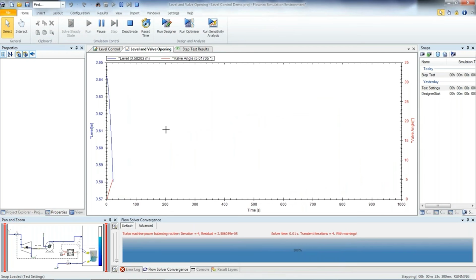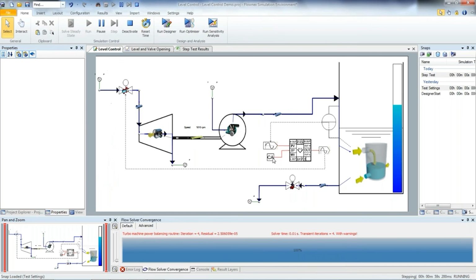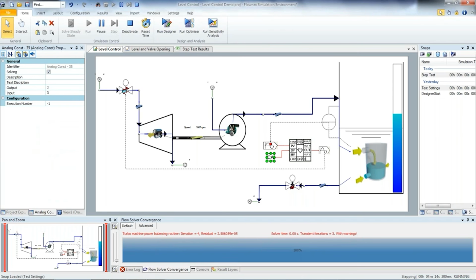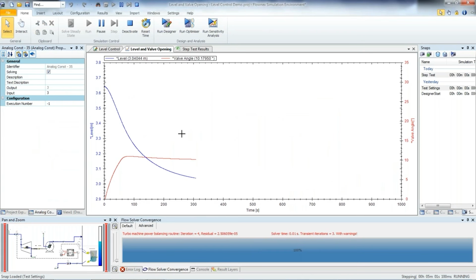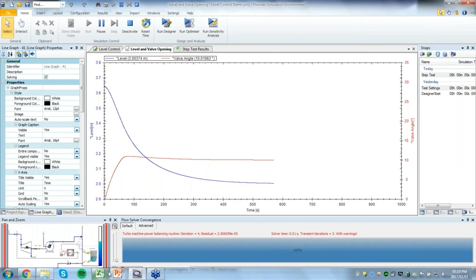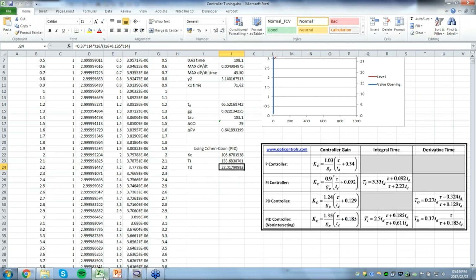If we look at the response right now, it was set for the valve opening of 30 degrees, and now the controller itself is trying to get back to its set point. The set point here is 3 meters. If we look at the constant, it's inputted at 3. What that's doing is the controller is now adjusting the valve opening until the tank level reaches the set point. You can see the controller begins to open the valve initially and then slowly maintains that until the tank level flattens out. If you look at our results from Excel, you'll notice that the dead time of the process is